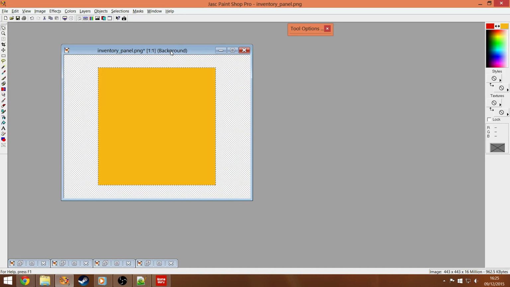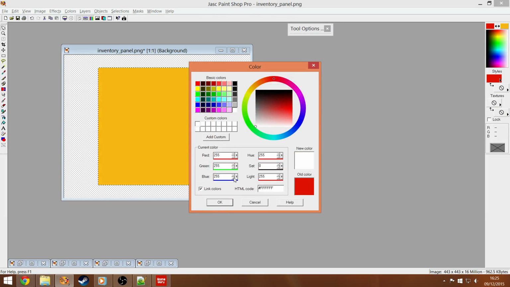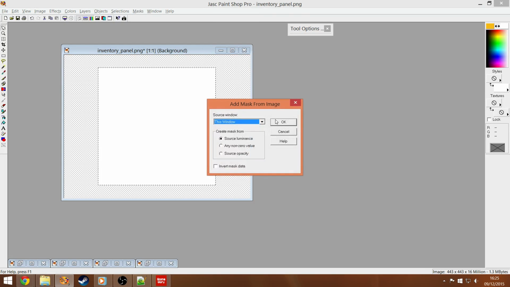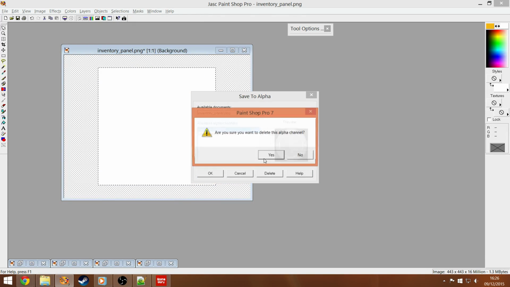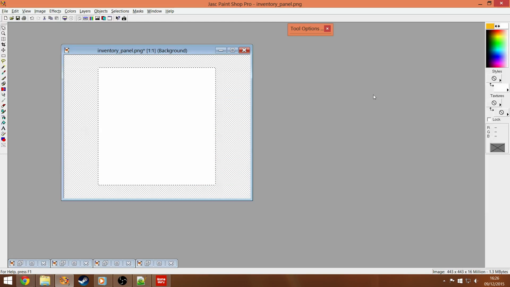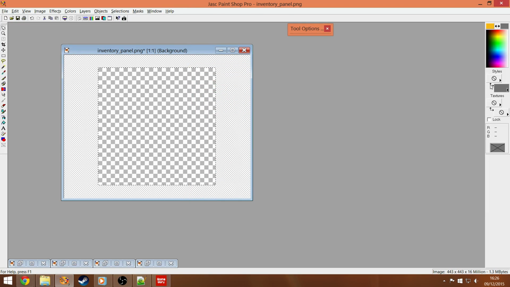No way. So if I delete and then maybe set that up as white, like so, and then add that to, because there's currently an alpha, you see, we need to get rid of new from image, reduce that, don't want, remember I've got all my configuration to do again, save to alpha, get rid of that one because that's going to screw up our image, copy that one, and now we've got a nice white image. So now what we can do is set it to a nice grey, like so,